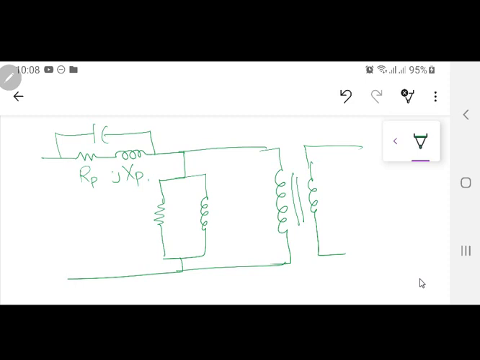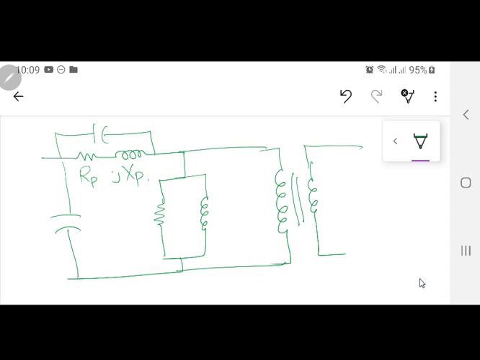Series capacitance is not good because it's going to let through a large amount of high frequency. It's going to have a short circuit current path, because XC is equal to 1 over 2 pi FC. So the more high frequency current there is, it will flow through this capacitance. We don't want it. We want actually, as good designers, this capacitance.